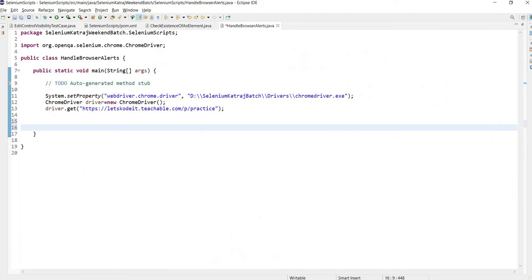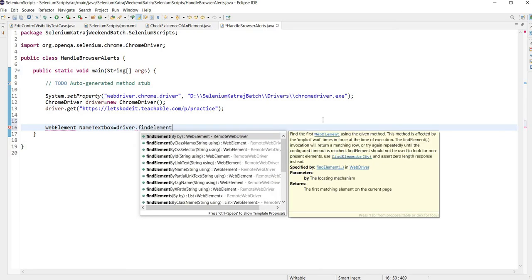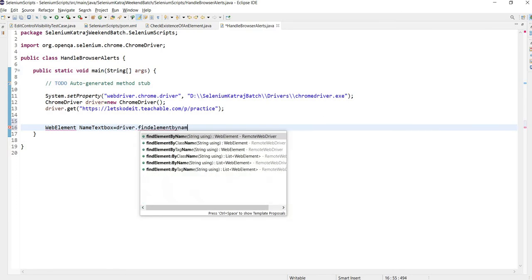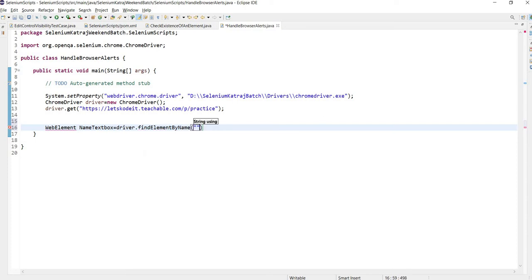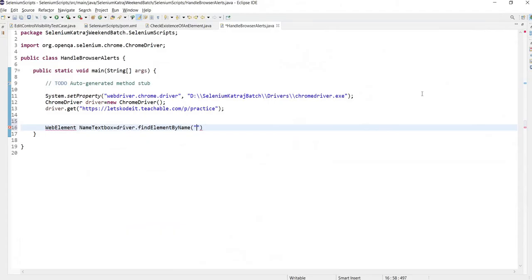I will say WebElement nameTextBox. I can give any name to the variable. driver.findElement By name, and I will mention the value of the name attribute here.